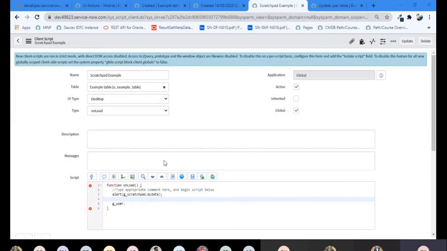Yes, so using g_user, you can take the current user ID of the user, but you can't identify whether that user is VIP or not. Can you correct yourself on what I am saying, or should I explain it more? Yeah, a little bit I am getting that.